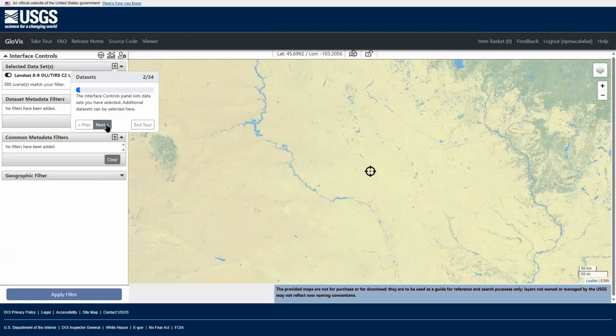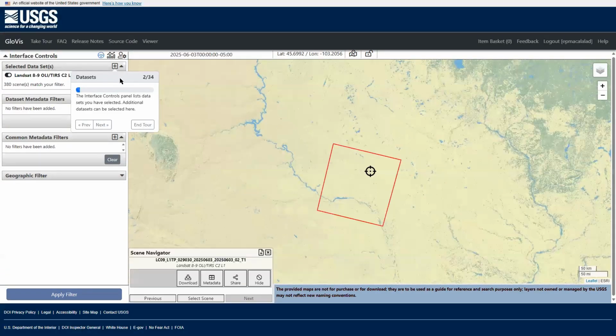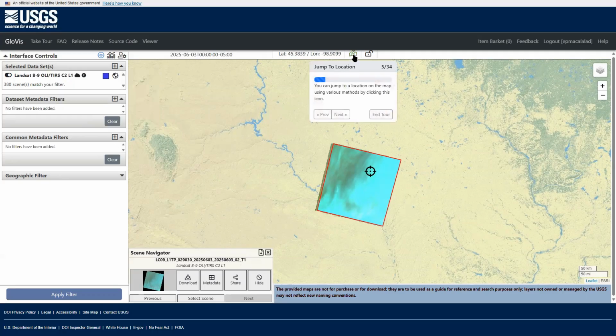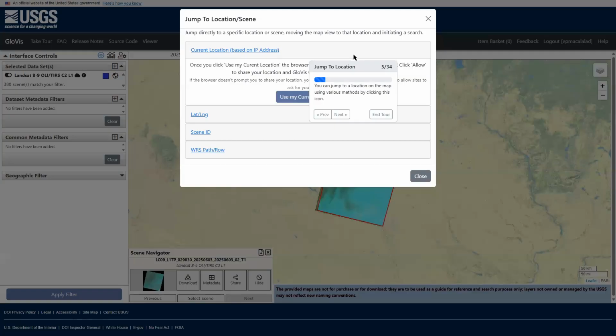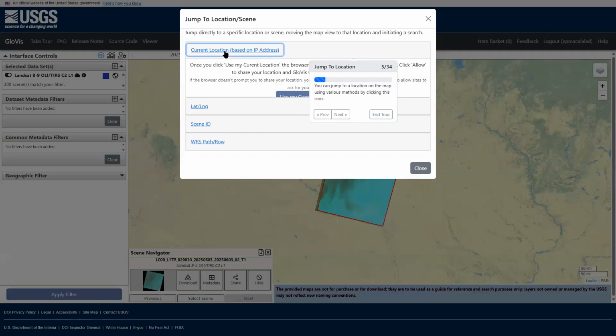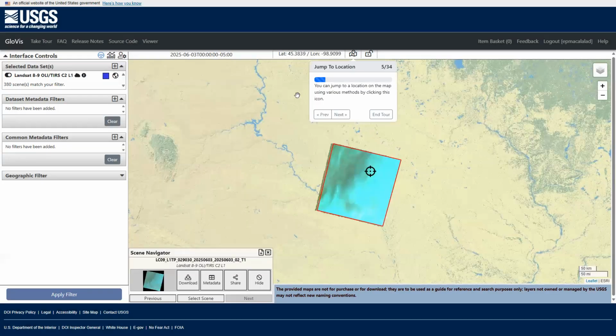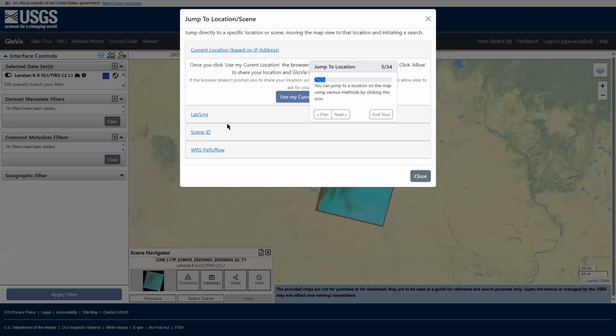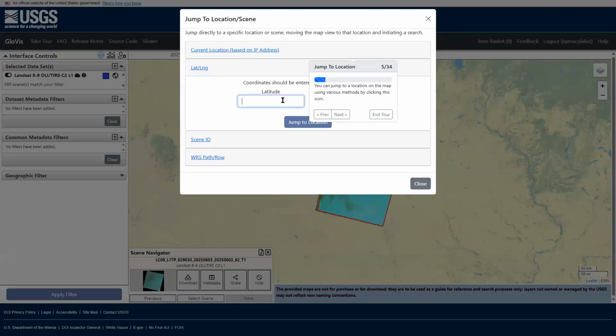Next, as you will notice here, there are 380 scenes that match your filter because you are already at this area. Then you can jump to location on the map by clicking on this icon, whether based on your IP address, or you can go to your lat long.